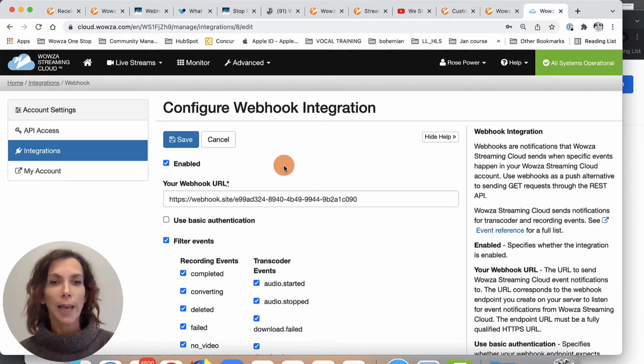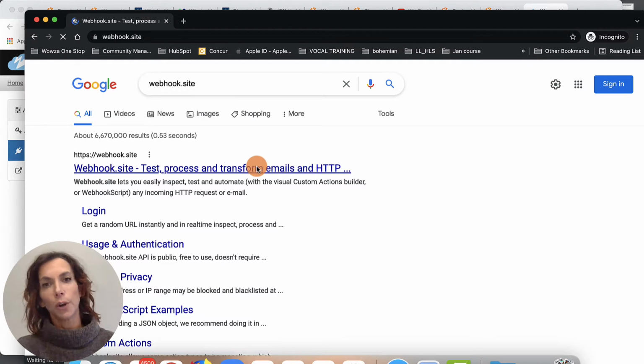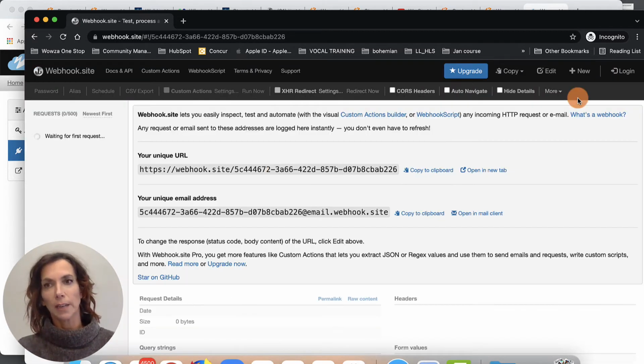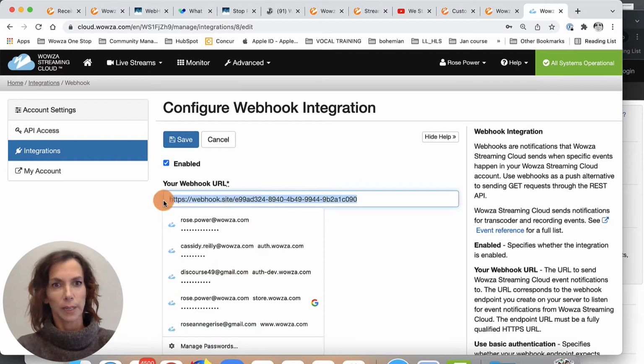For this tutorial, I would recommend that you test this out using webhook.site. It's incredibly simple to set up and see how this whole thing works. So let me show you. What you can do is just go ahead to webhook.site, open that website. You don't need to create an account here just for testing. But right away on the homepage, you'll see that they provide you with a unique URL. You want to copy that, go back over to Streaming Cloud, and that is what you're going to enter here